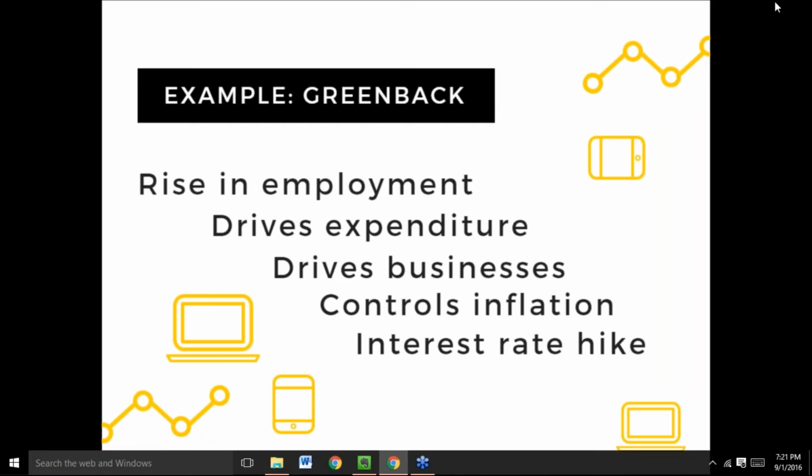And if businesses are happier because they're getting more profits, they get to pay more taxes to the government. And the government uses taxes to fund their projects, pay debts, etc. When they get to pay debt and fund their projects, the economy grows. But if the economy grows too fast, the government needs to control inflation, because people will have a hard time controlling their money as well. So what do they do to control inflation? They raise their interest rates.